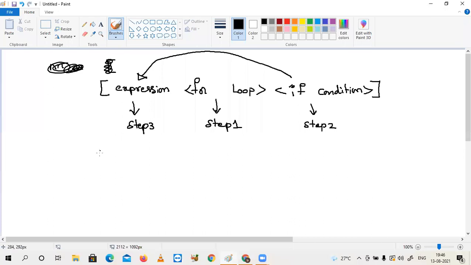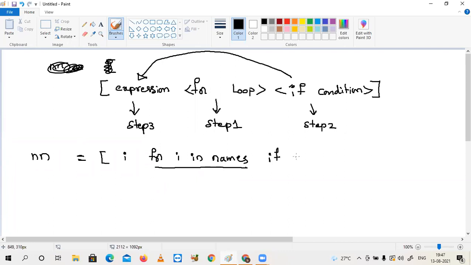Understood? What is the condition we have given? We said the statement NN equals to I. You can use any variable name. For I in names. This is our for loop. What is the if condition we have given?